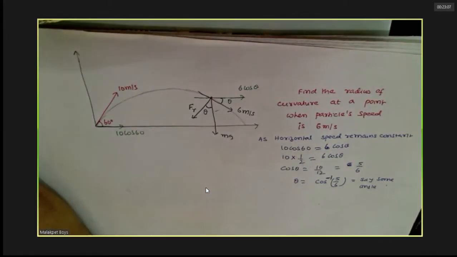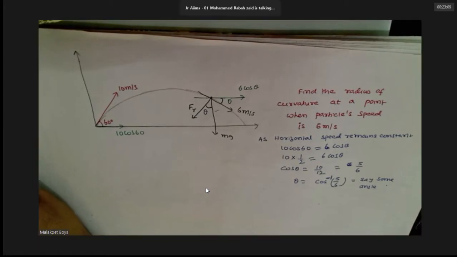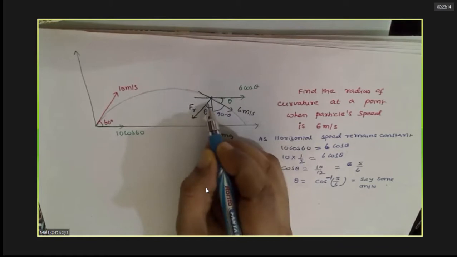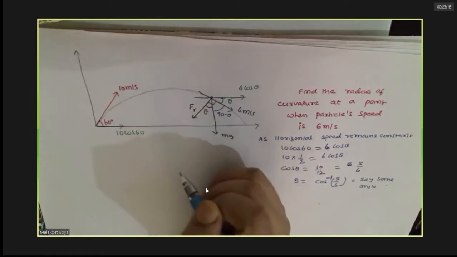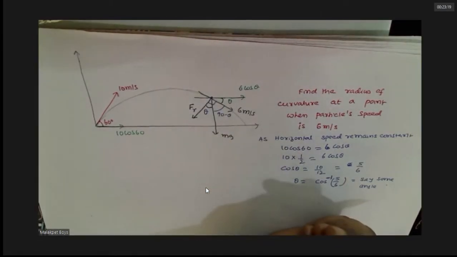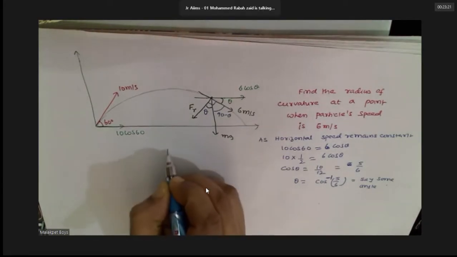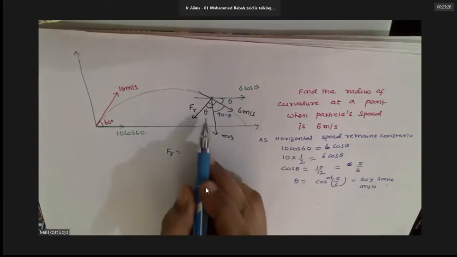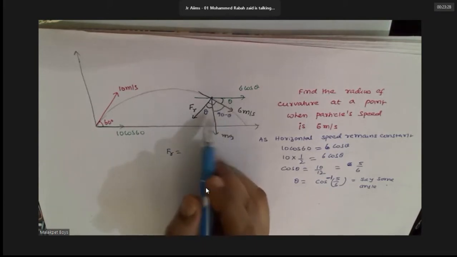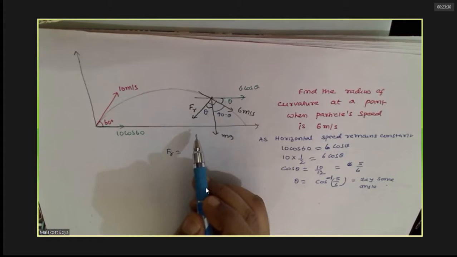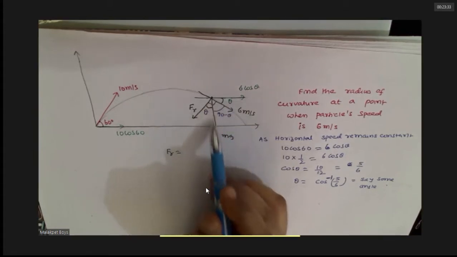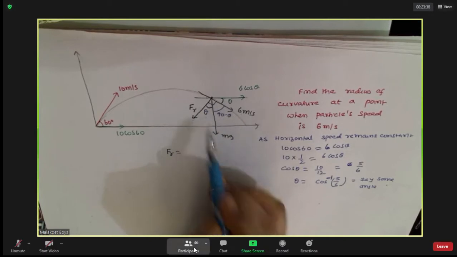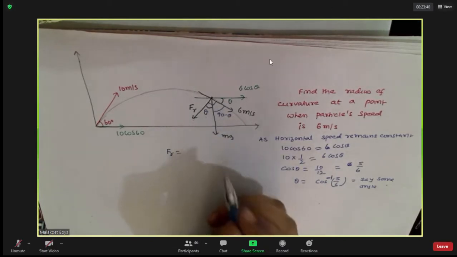Do you agree with this? Sir, differentiate that theta from this theta. This is theta 1, this is theta 2. These are the same, man. This is theta, and this is 90 minus theta. Again, these are perpendicular, so this should be 90 minus theta or not? Yes, sir.